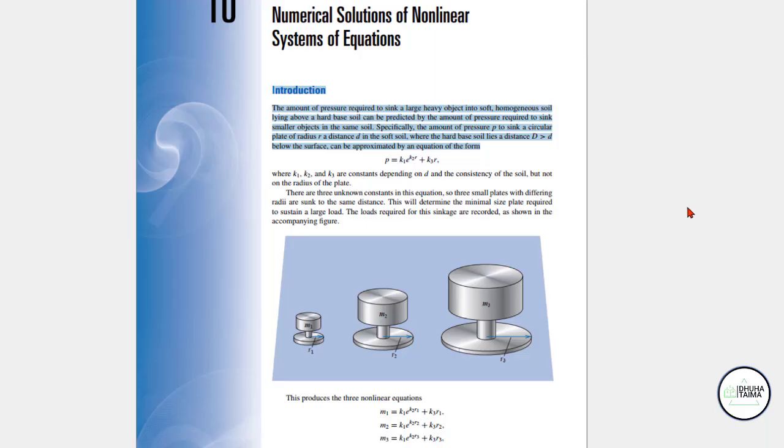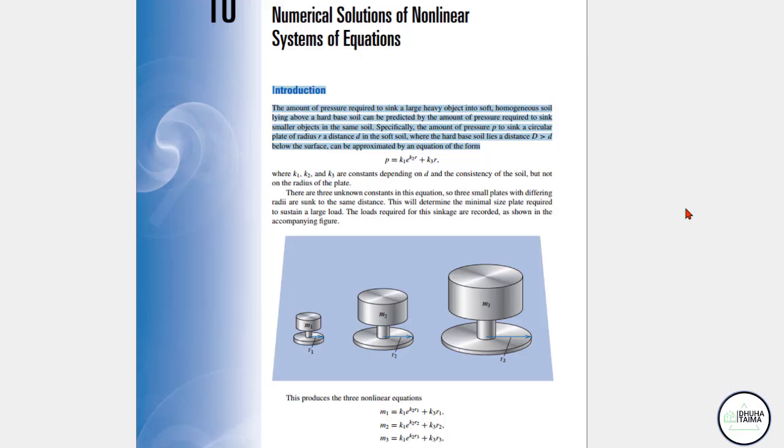Introduction. The amount of pressure required to sink a large, heavy object into soft, homogeneous soil lying above a hard base soil can be predicted by the amount of pressure required to sink smaller objects in the same soil. Specifically, the amount of pressure P to sink a circular plate of radius r a distance d in the soft soil, where the hard base soil lies a distance D greater than d below the surface, can be approximated by